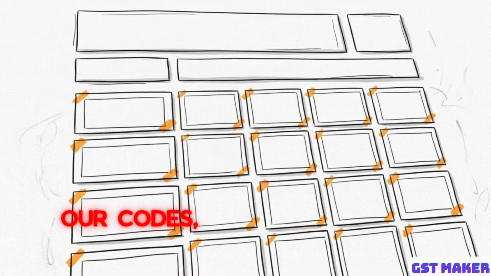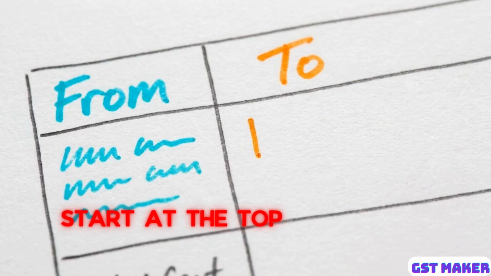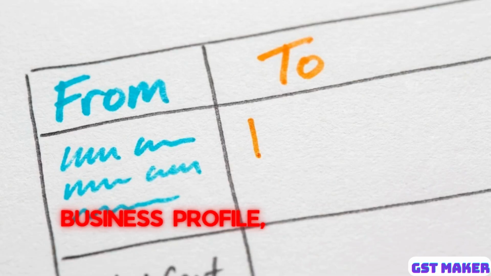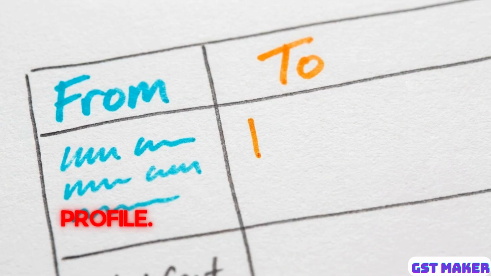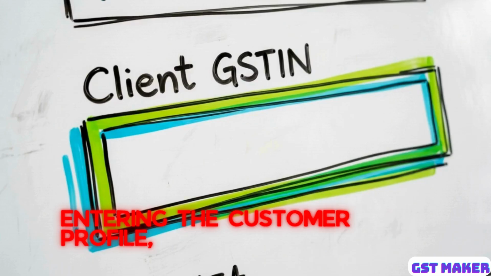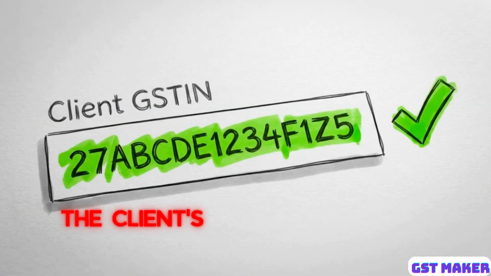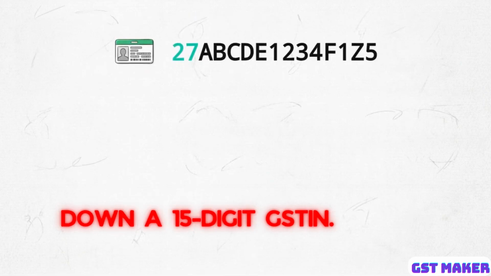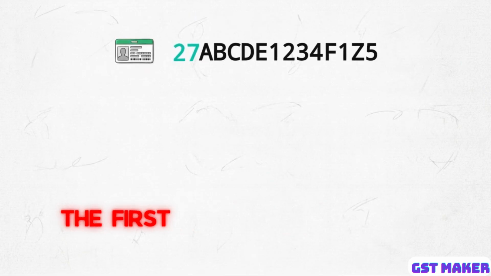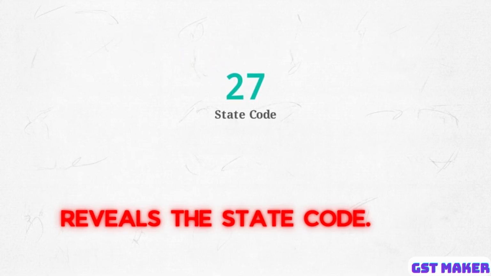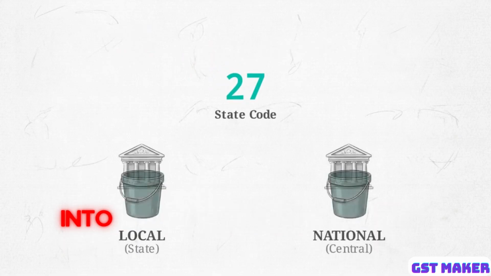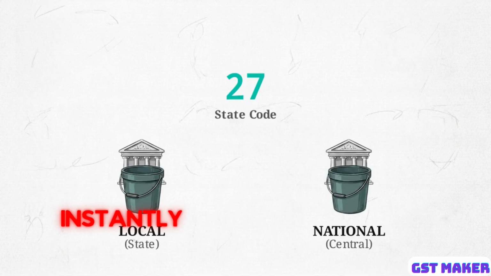Now that we have our codes, let's build the invoice. Start at the top of the generator by filling out your From Business profile, followed by the To Customer profile. When entering the customer profile, pay close attention to the GSTIN form field. You must type the client's 15-character ID exactly as it appears on their registration. This diagram breaks down a 15-digit GSTIN. Isolating the first 2 digits reveals the state code. The system automatically routes this data into a local or national bucket, instantly deciding to apply intrastate or interstate tax